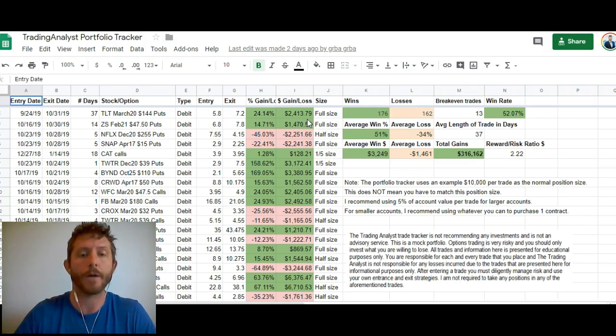And what you're looking at right now is the Trading Analyst portfolio tracker. This section of the tracker is all of our closed out positions, all of the wins, losses, break-even trades. Every single trade that we alert to members gets uploaded here to the portfolio tracker. And you can see this is showing about the last month and a half of action. You can see that it's filled with way more winners than losers, and the winners are so much bigger. Not only do we have more winners than losers, but the winners are so much bigger in percentage gain than